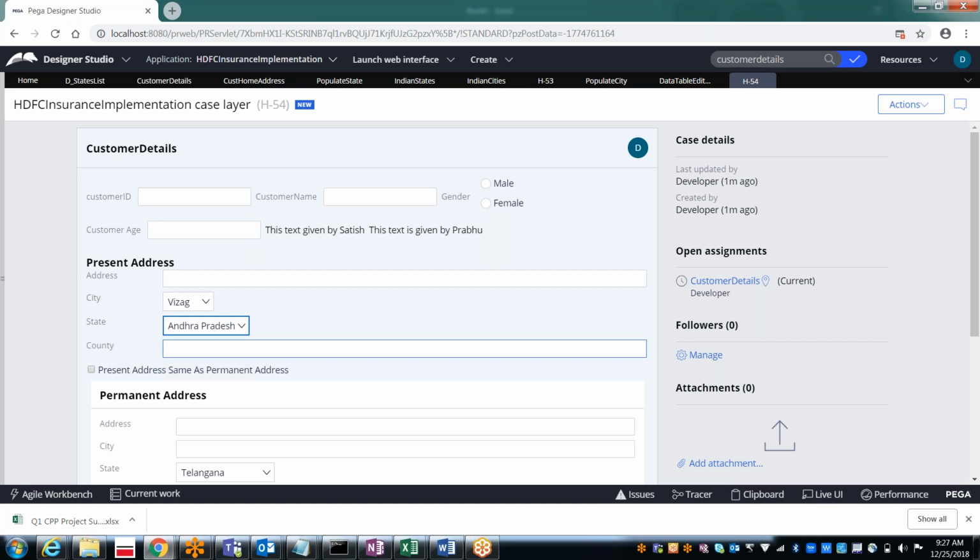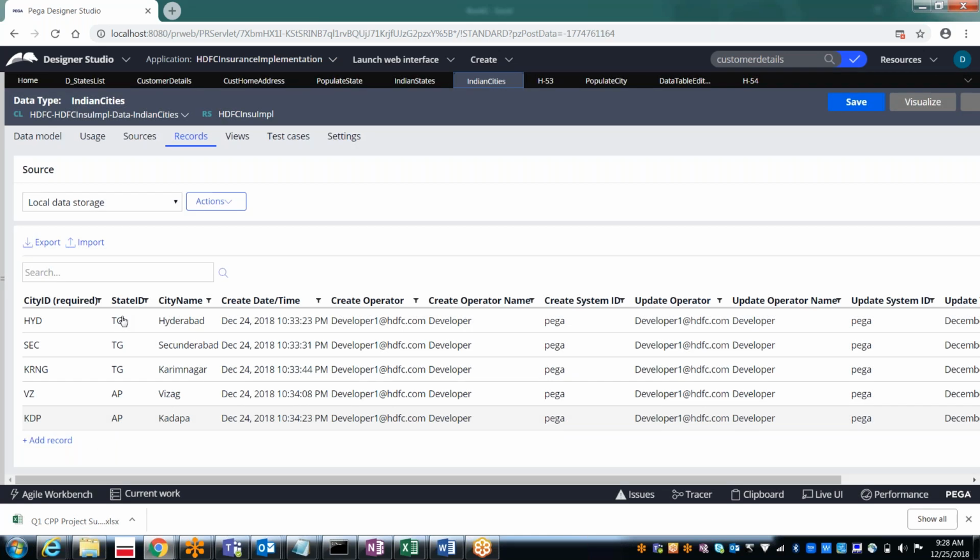In case it is Andhra Pradesh, see Vizag and Kadapa. And in case it is Maharashtra, nothing. Why nothing in Maharashtra? There are no records in Maharashtra. Exactly. In Indian cities, we only gave the records for Telangana state and Andhra Pradesh. So in case you add,